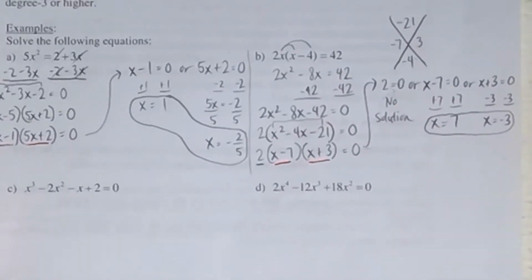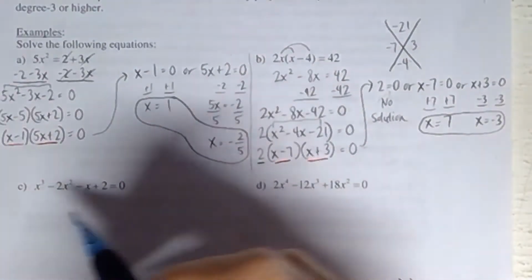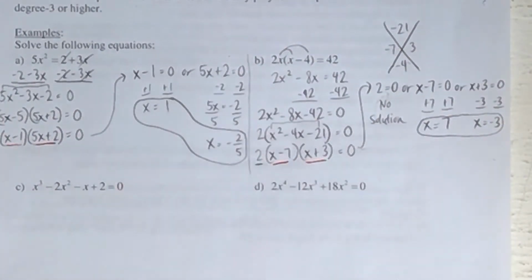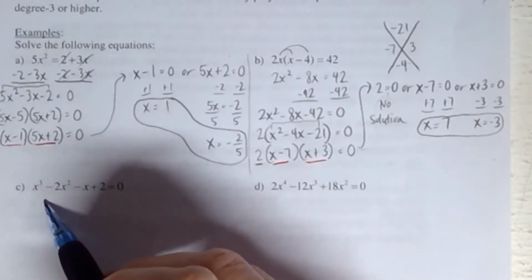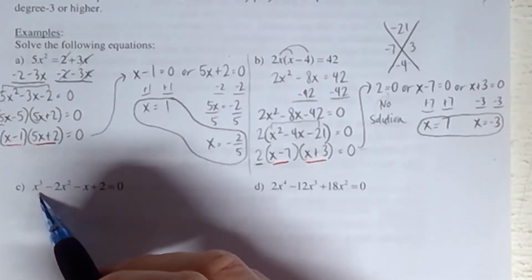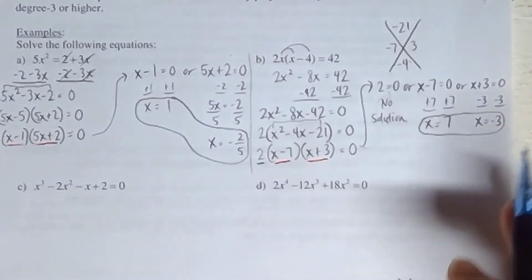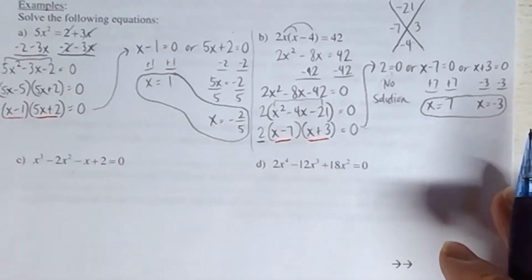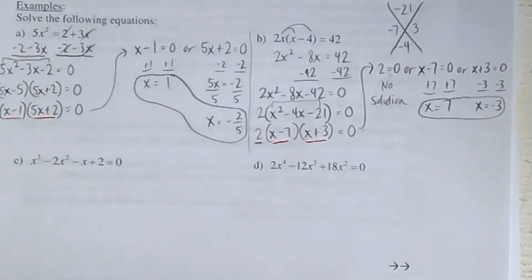In the next few problems, we once again have a polynomial on both sides. But this time the highest exponent is not x squared. It's x to the third in this problem, and then in this one it's x to the fourth. Well, at least here in Math 71 anyway, when you get a one variable equation like that,